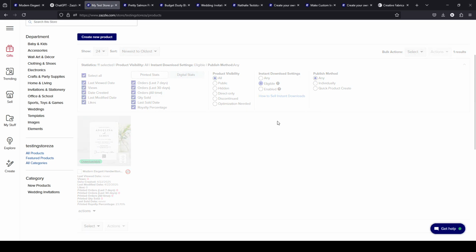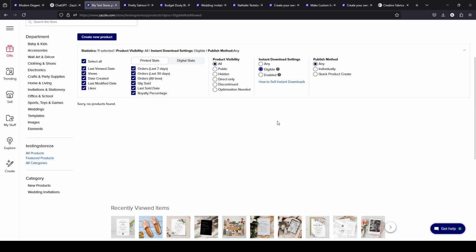Eligible means they... it's different to enabled, because eligible means it could be offered as an instant download, like an invitation. It is an option, but you haven't enabled it. So whether you've done it on purpose or by mistake, you haven't activated the option for it to be available